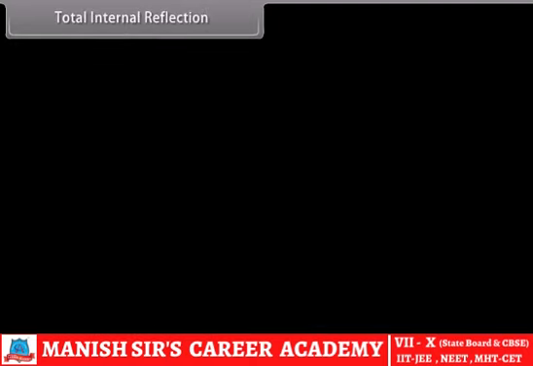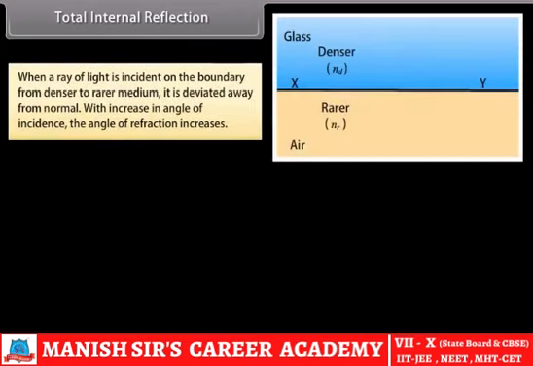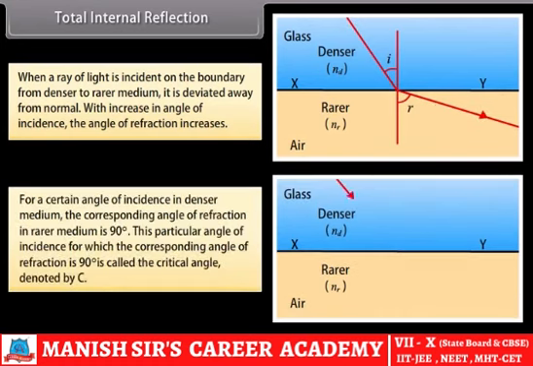Total internal reflection. When a ray of light is incident on the boundary from denser to rarer medium, it is deviated away from the normal. With increase in the angle of incidence, the angle of refraction increases. For a certain angle of incidence in denser medium, the corresponding angle of refraction in rarer medium is 90 degrees. This particular angle of incidence, for which the corresponding angle of refraction is 90 degrees, is called the critical angle,